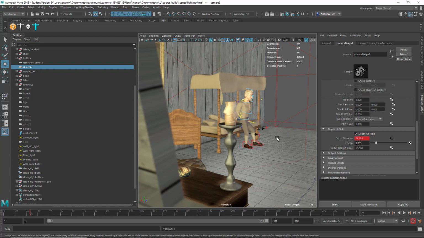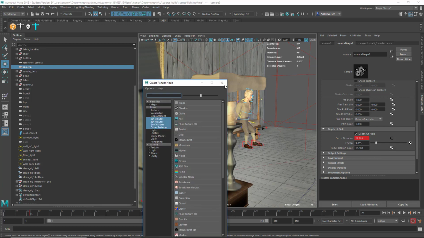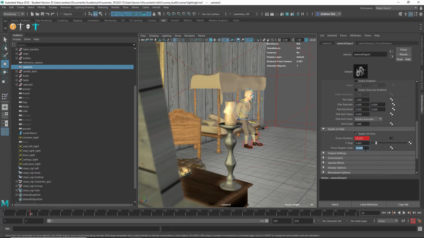Okay, and then, whoops. Yeah, okay, so then we have a nice, this thing's nicely out of focus,